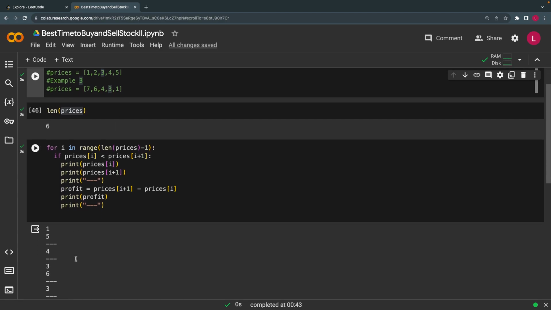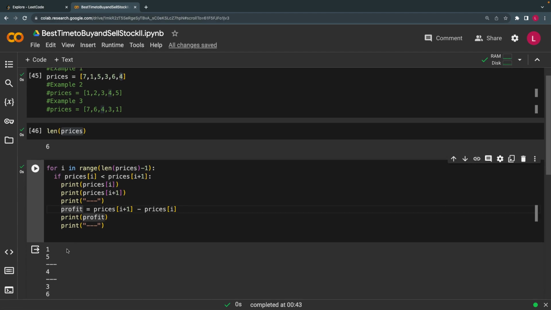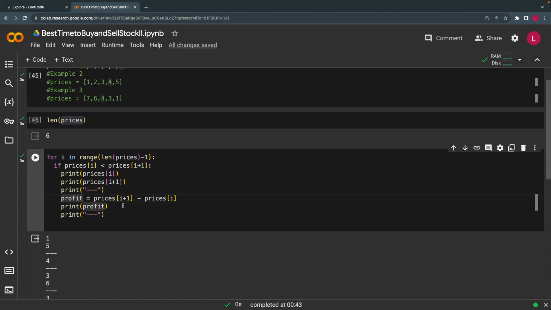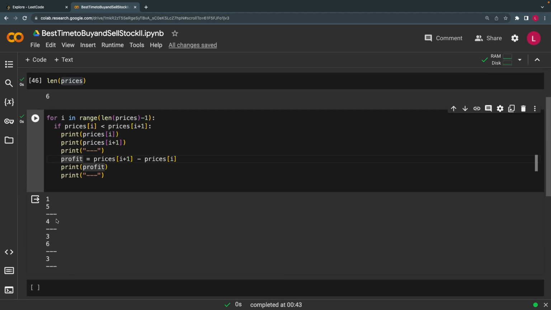That is what you see here. 3 and 6 will be considered, and 4 and 6 and 4 will not be considered because this is greater than this. Ideally we should have the lesser element here and the greater element here. I keep taking the profit each time, in each iteration of this loop. I check it, and then what I have to do now is, so here I have profit